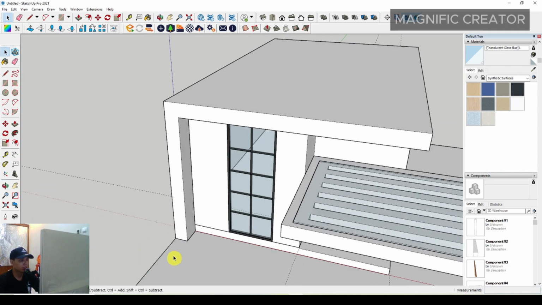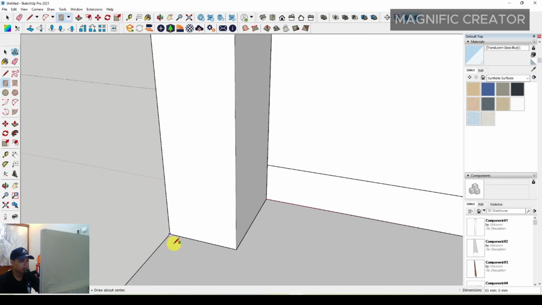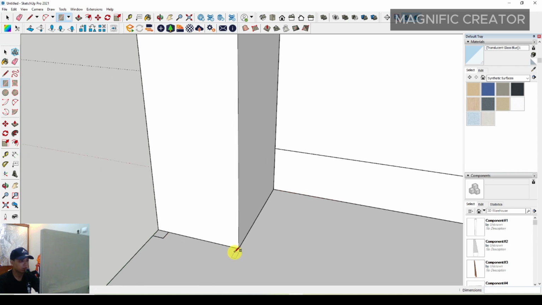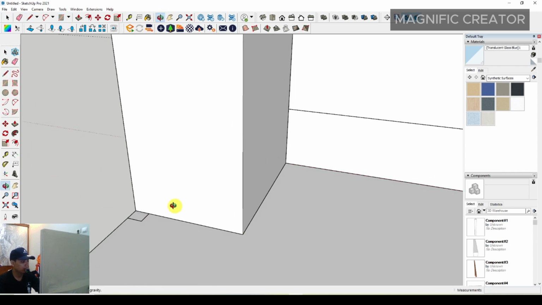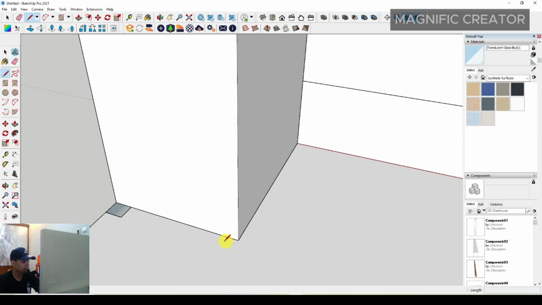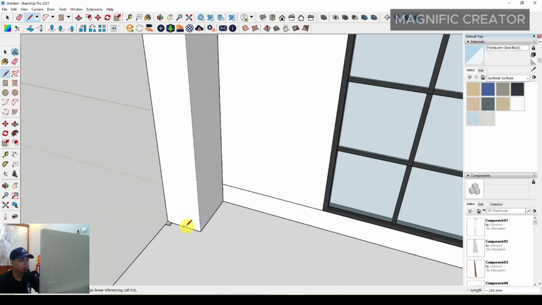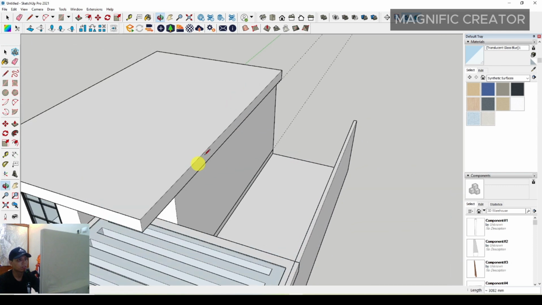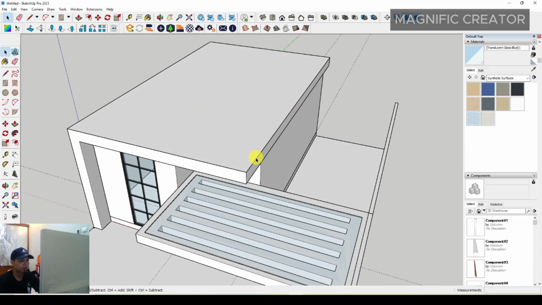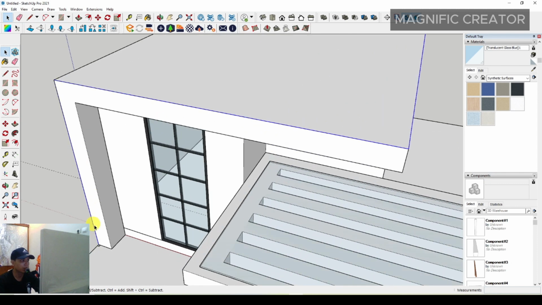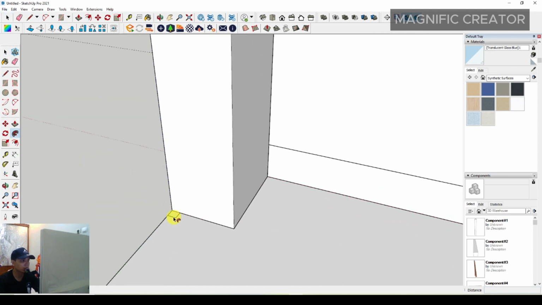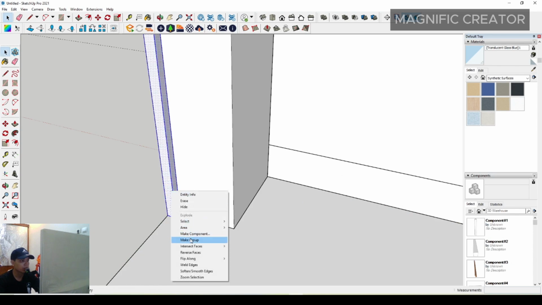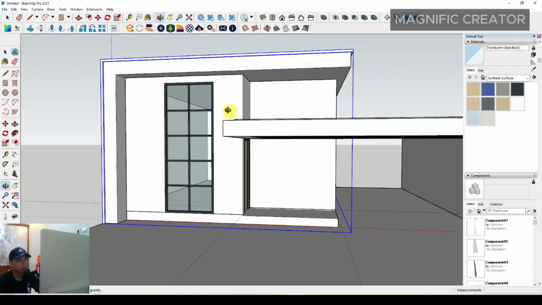and after that you can make the house facade more detailed with the profile. You can make the facade more detailed. You can use the Follow Me and line tool right here. You can select the path of the line path, and then you can Follow Me. Just click it and make it group. And after that you can